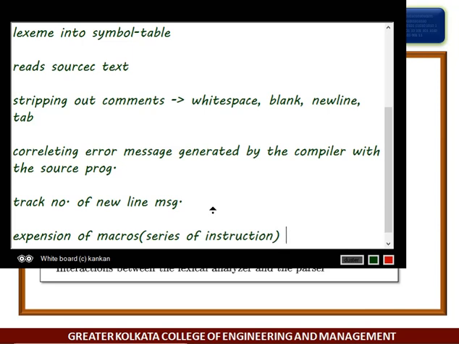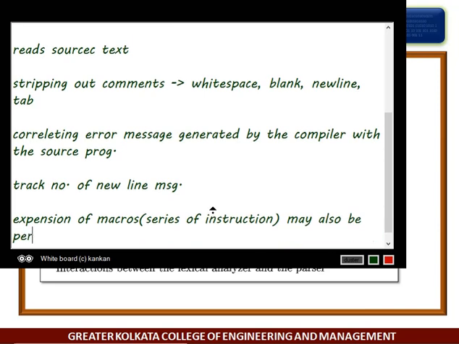If it is not, then it cannot be compiled, and from the beginning it will give the error message. The expansion of macros may also be performed by the lexical analyzer.